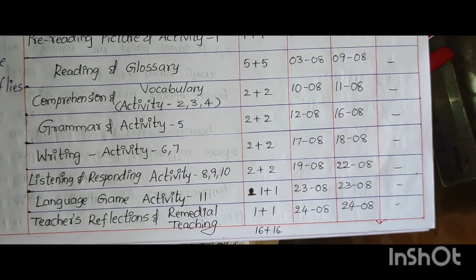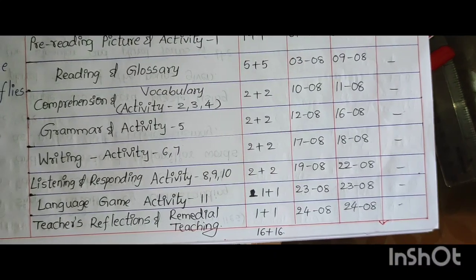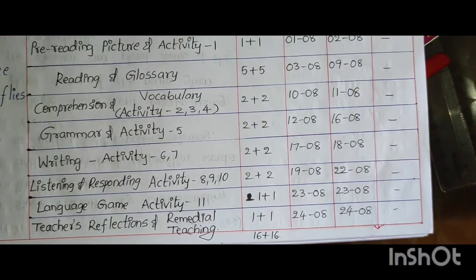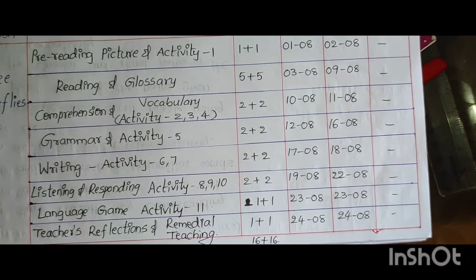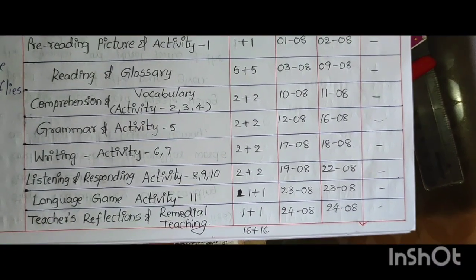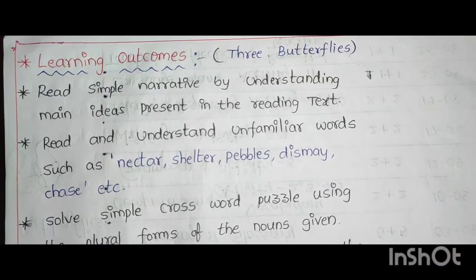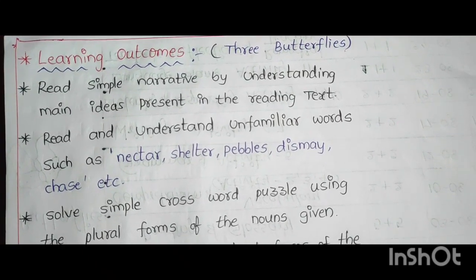August 16. Writing activity 6 and 7, 2 plus 2, August 17 to 18. Listening and responding, activity 8, 9, 10, 2 plus 2, August 19 to 22. Language game, activity 11, 1 plus 1, August 23 to 23. Teacher's reflection, remedial teaching, 1 plus 1, August 24 to 24. Learning outcomes, Unit 3 Butterflies: read simple narrative by understanding main ideas